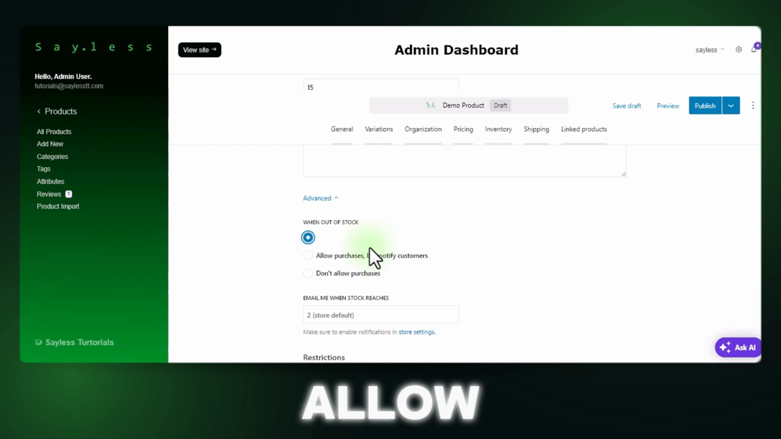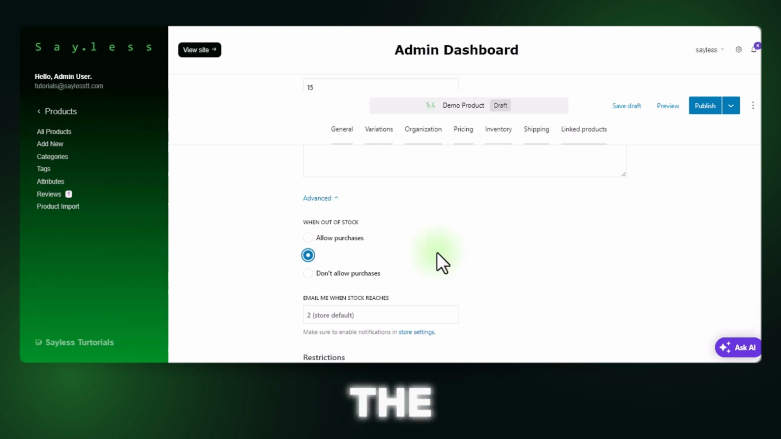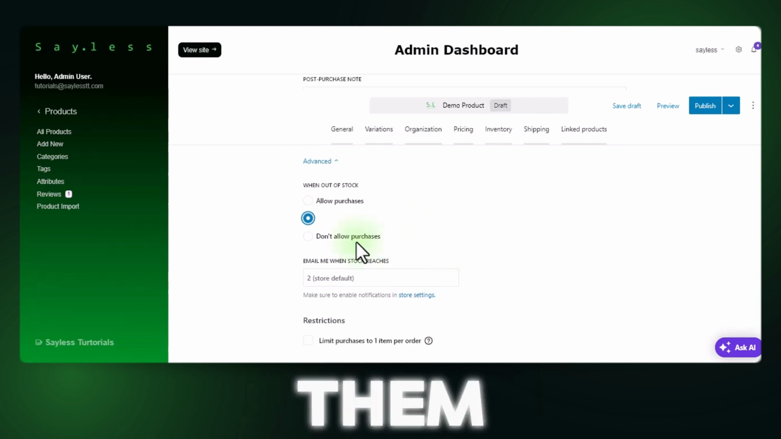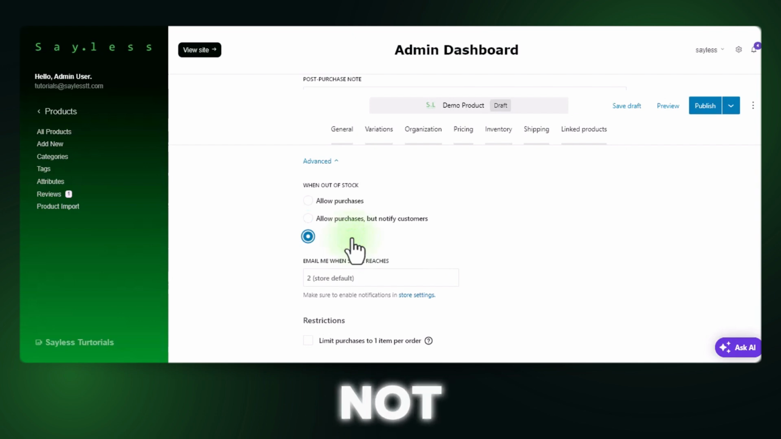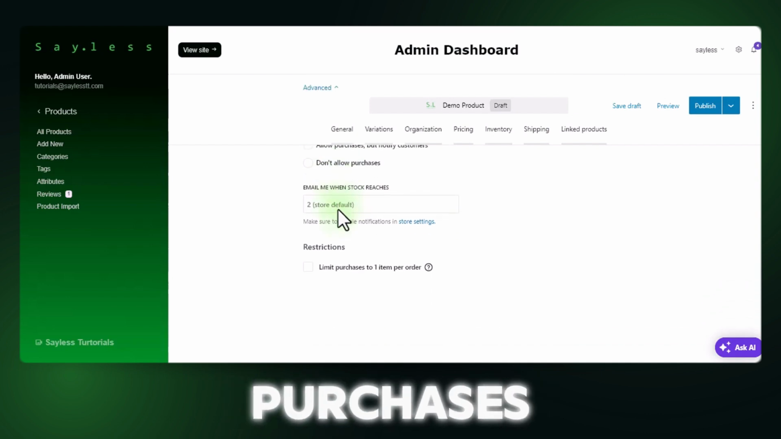Or we could put allow purchases but notify customers. So they'll see that it is out of stock, but they can still make the purchase one time, and then when the item is back in stock, you will ship it to them. Of course, we can also not allow purchases, and in this case, the item will just show up as out of stock. So let's just put allow purchases in this case and move on to the next section, which is